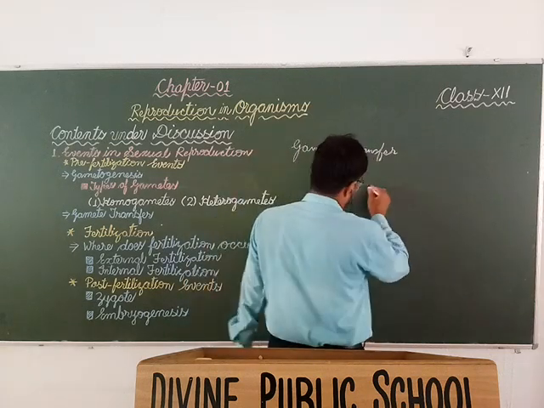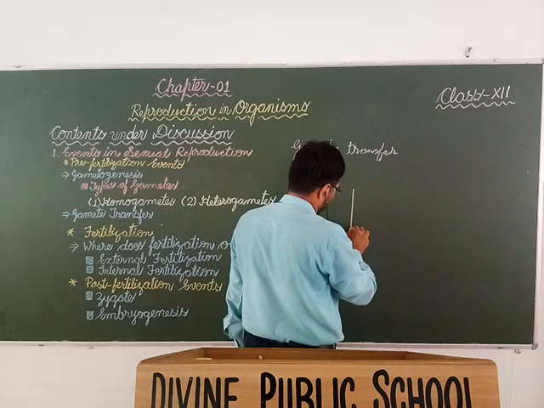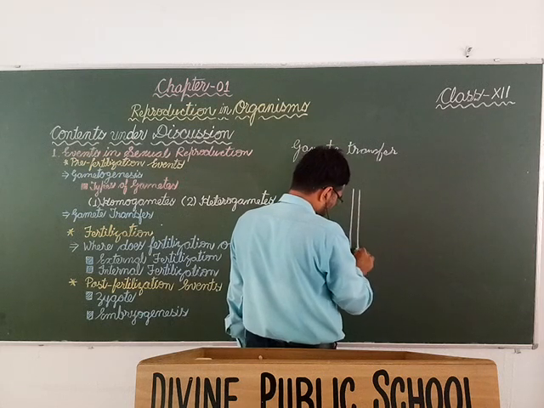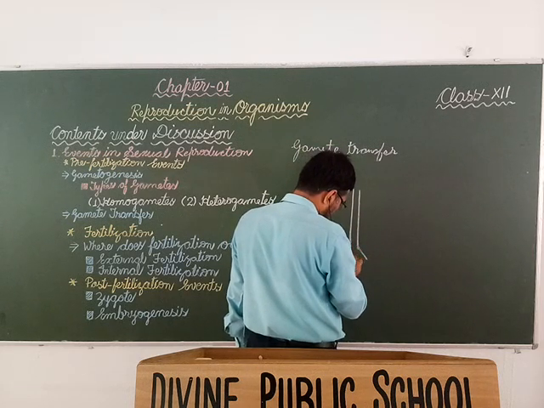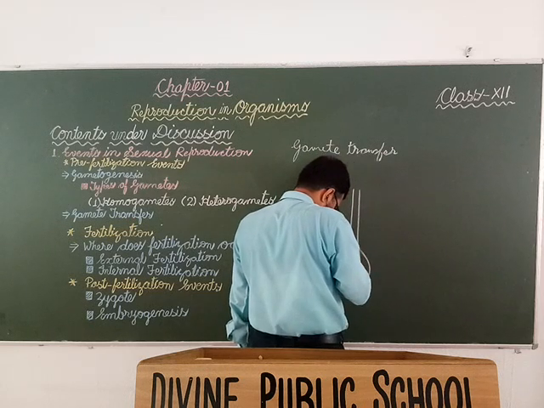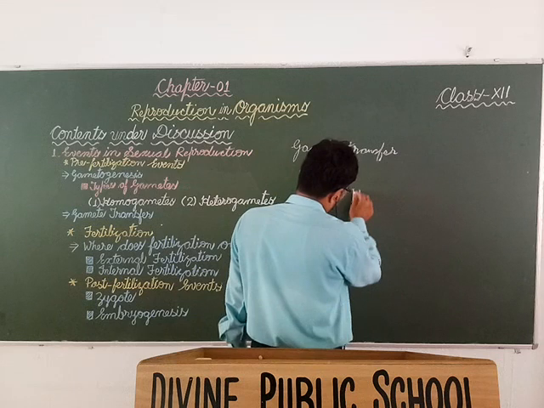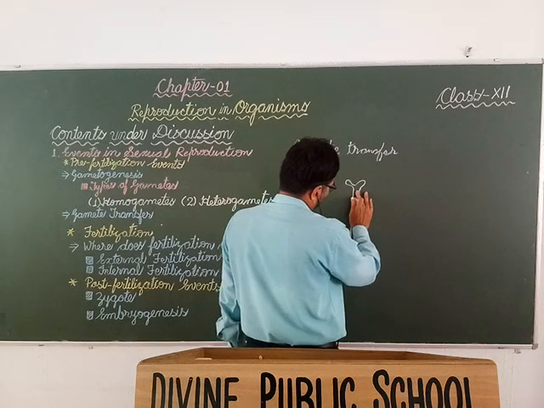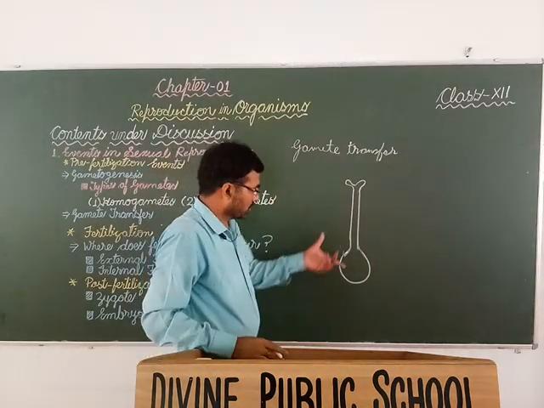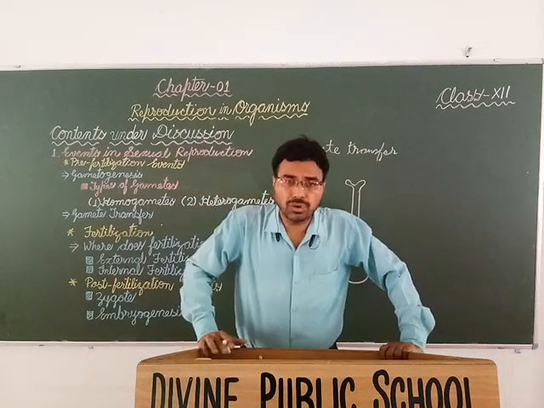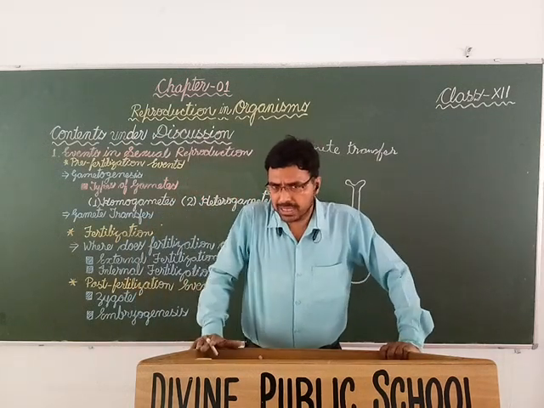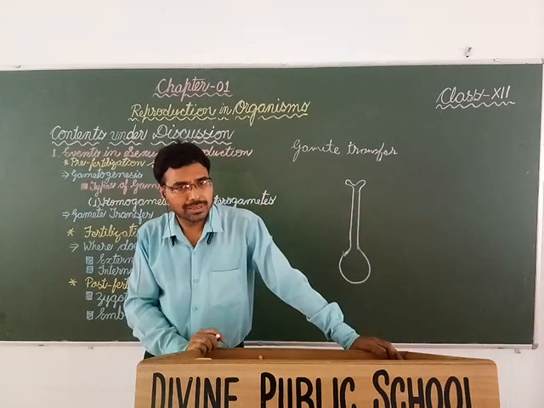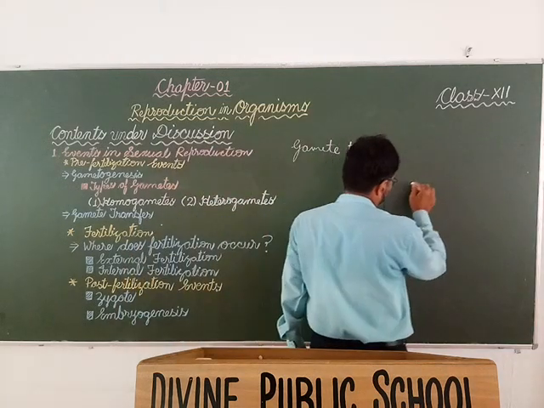Students, this is the central hole of a typical flower, and this at the tip is a lobe structure. Actually, this central hole, what do we call the central hole of a typical flower? Anybody, just give the answer. What is called the central hole of the typical flower? Yes, it is gynoecium.